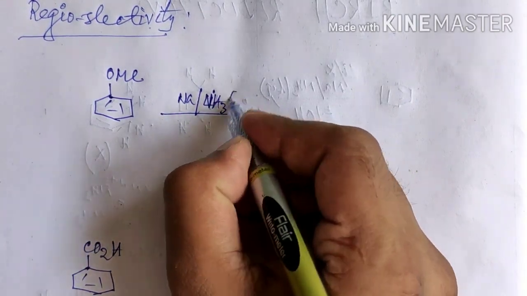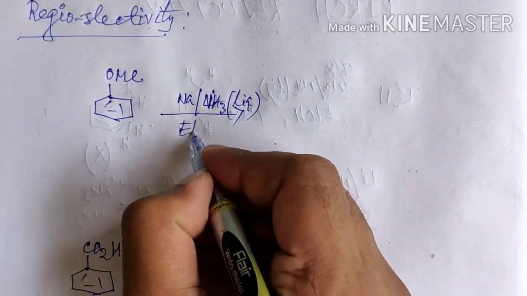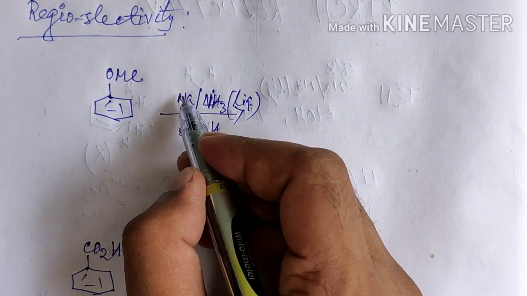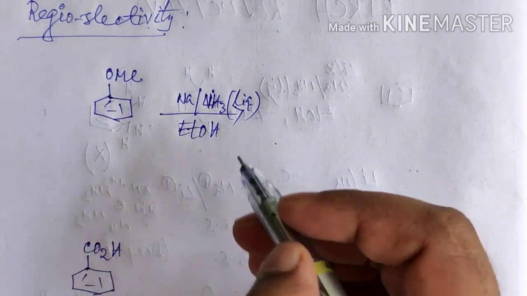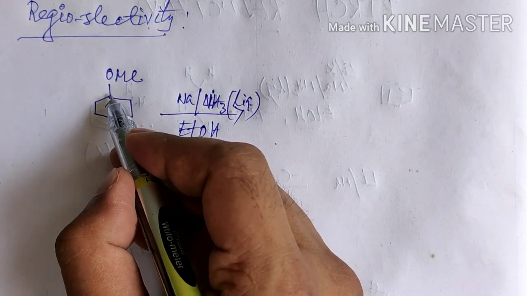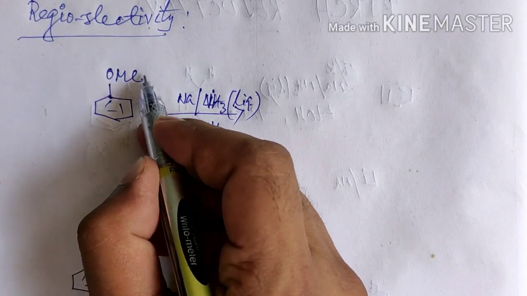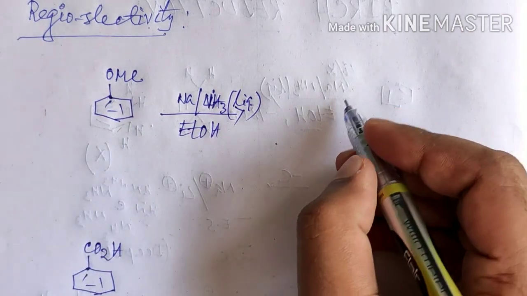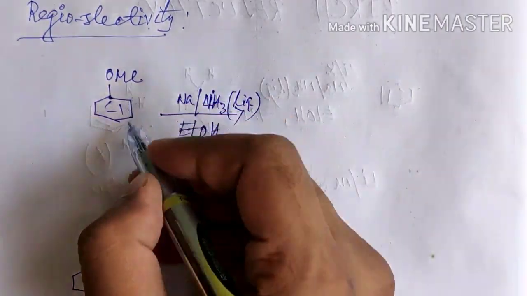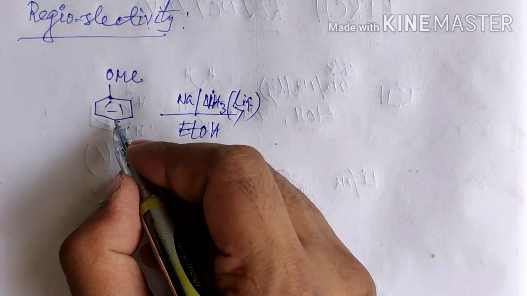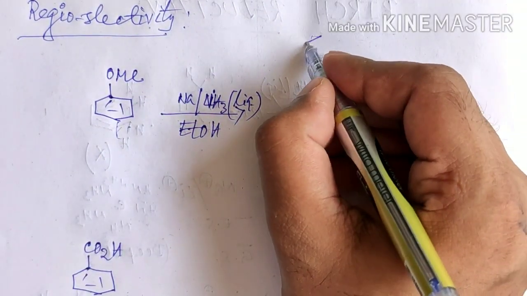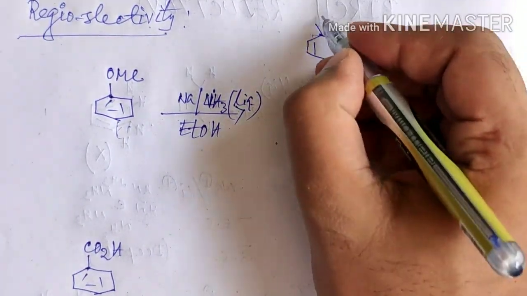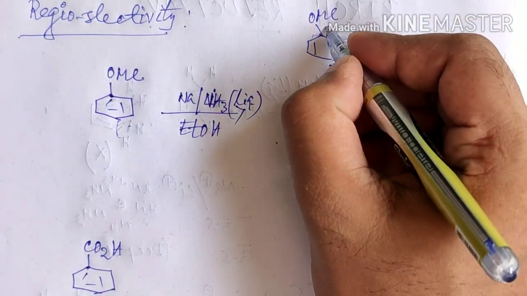Sodium, liquid ammonia and ethanol. Now in this case the electron will attack this benzene ring in such a way that the carbon atom which contains the electron donating group will not contain any negative charge. That means if the electron attacks at the 1,4 orientation, then the radical anion generated will look like this. Here will be the anion.